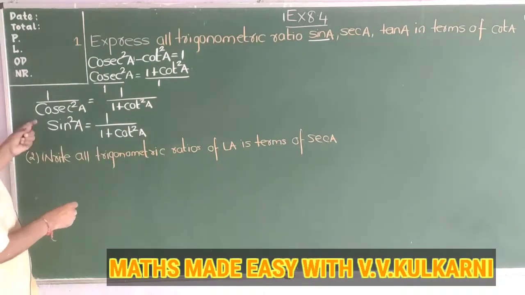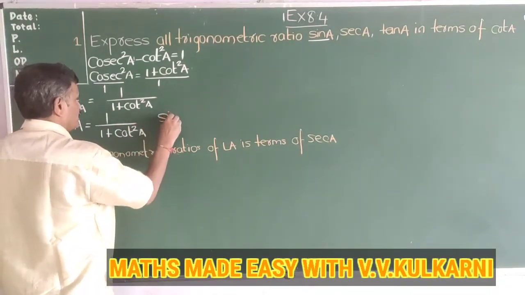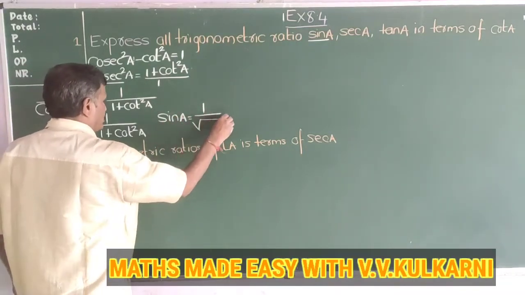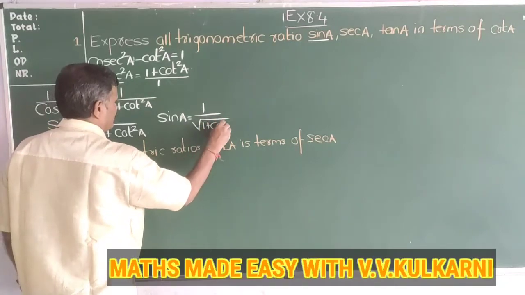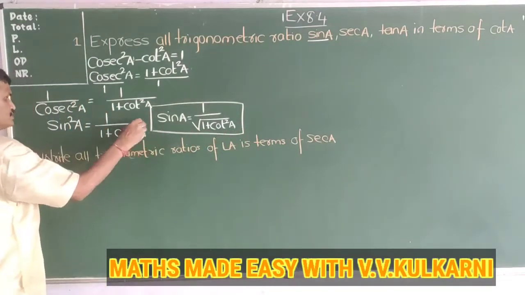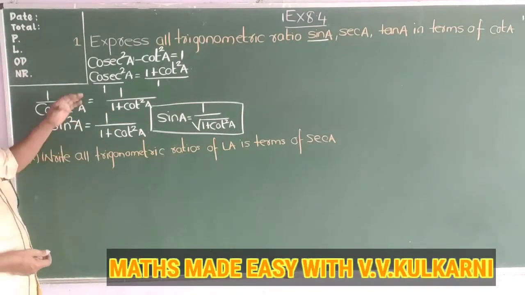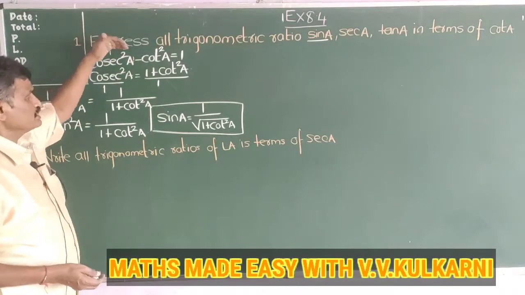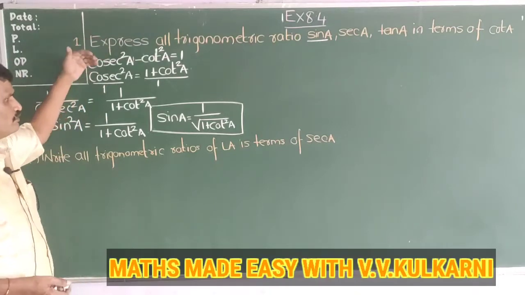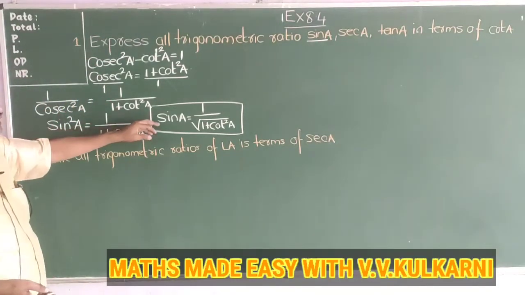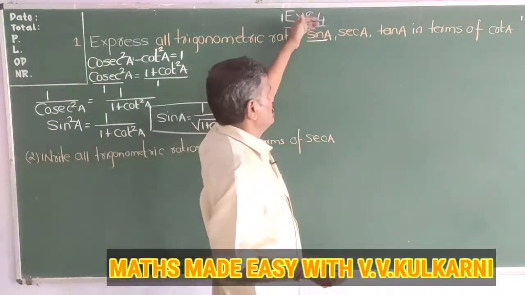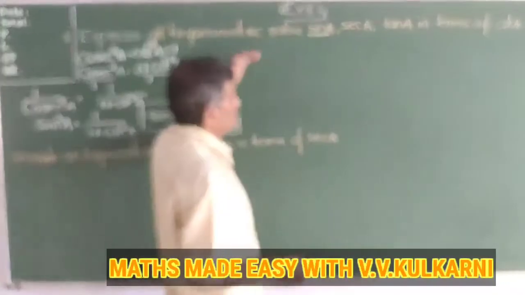And if I take the square root of it, what I will get is sine A is equal to 1 by under root 1 plus cot square A, because square root of 1 is 1. So what did I do? Why did I take this relation? Because here cosecant square A is there, and cosecant can be converted into sine very easily, because reciprocal of cosecant is sine. So the first part is over. What I did is I have converted sine in terms of cot.